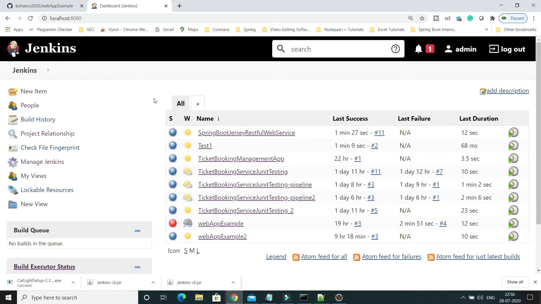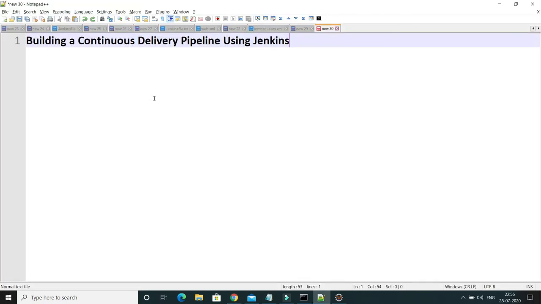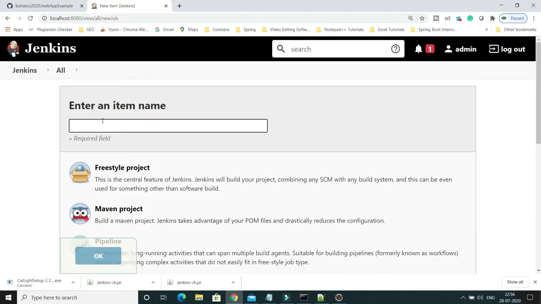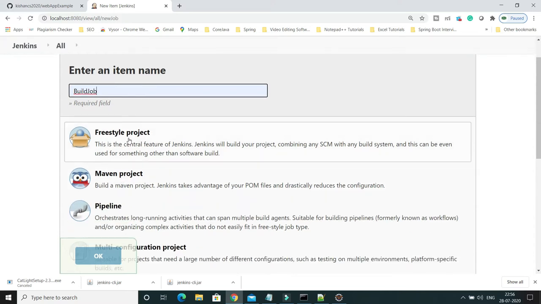So these three jobs are interlinked with each other, and these three jobs will be executed in the continuous delivery pipeline, and that workflow we are going to configure in Jenkins. So here, first of all, I'm going to create three projects. So I click on the new item. Here I'm going to give the job name as build job, and I'm going to select freestyle project and